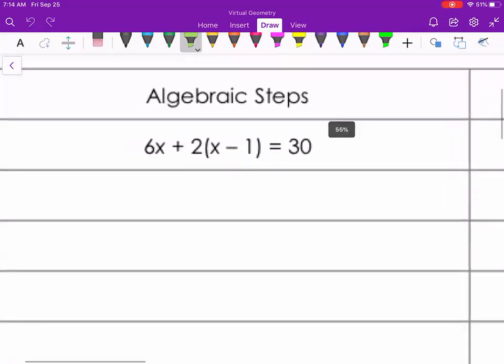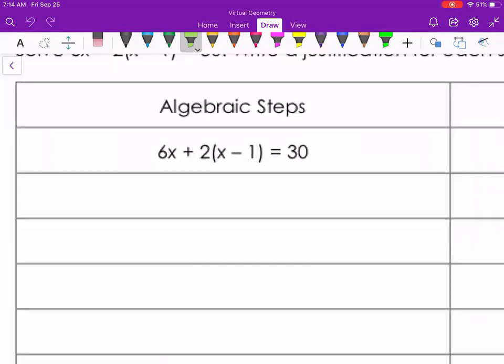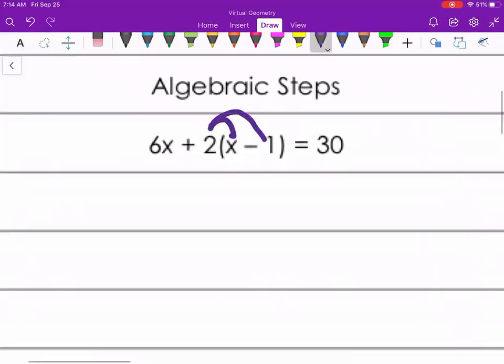And then we'll go back and see how your different properties are being used. All right, so for our first one, I have 6x plus 2 times x minus 1. So distributive property is going to have to be first, because we have to simplify parentheses before I can start doing anything else. So I still have